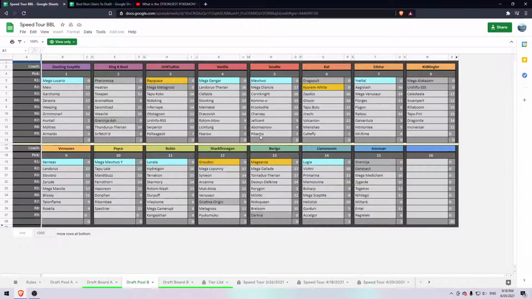A player who I think does this pretty well is Burigo, he sees a lot of success in the speed tours. If you look at this team, it's got Magana, Torn, Milotic, all these pivot Pokemon, pivot into breakers like Mega Gallade, Nidoqueen, and then he's got some powerful cleaners like Darkrai, Torn, Mega Gallade is still a cleaner. But this bulky pivot creates an entire team that flows together rather than something like